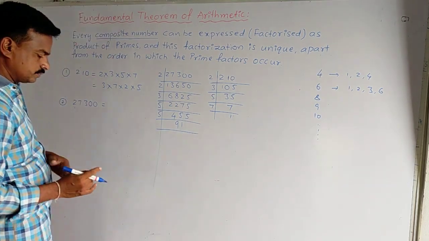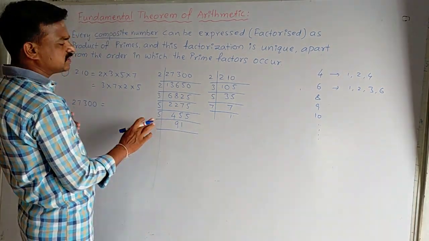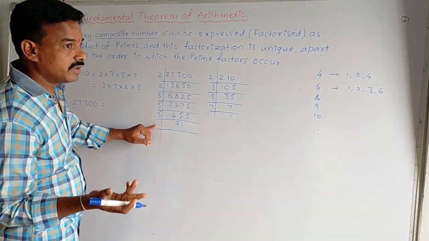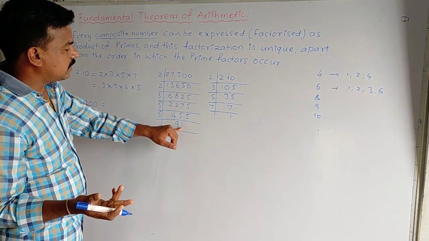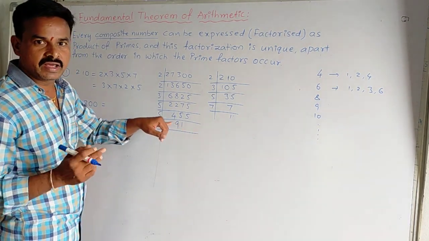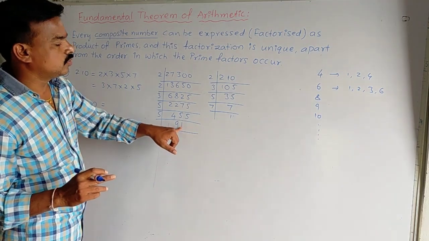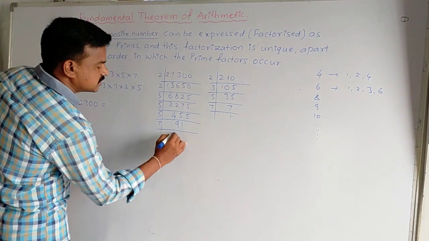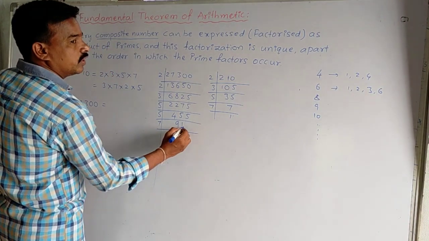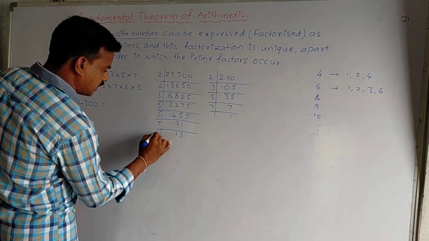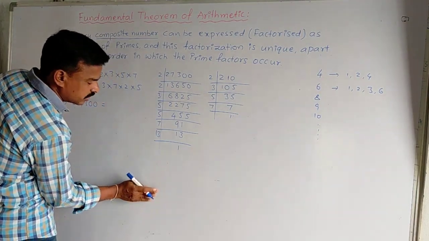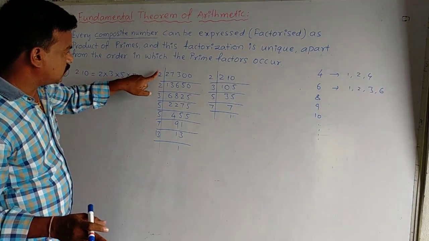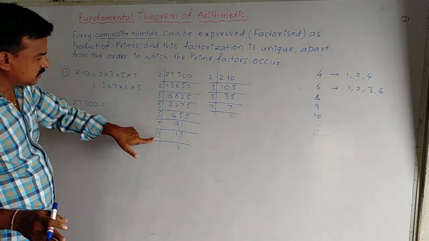Okay. Next 91. 91 is not divisible by 2 table, 3 table, and 5 table also. But the next prime number is 7. Whether this 91 is divisible by 7 or not, once we have to check. 7 1 is 7, and 2 7 3 is okay. It is divisible by 7 table. So you take 7, 7 1 is 7, and 2 there 21, 7 3 is 21. Again 13, 1 is 13. Okay. So 13, the last number 13, is also a prime number. So this division ends with this 13 only.